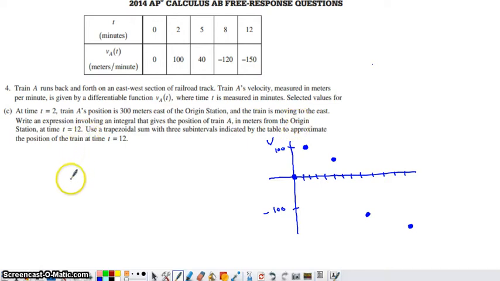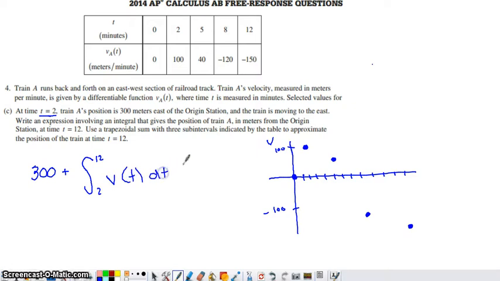time t equals 12. So we know the position at t equals 2 is 300 meters east of the origin station. We need to tack on to this how much the position of the object, in this case the position of the train, changes from 2 to 12. I almost fell into a trap there. I accidentally almost said 0 to 12, but we know the position at 2, so we need to tack on to that how much the position changes from 2 to 12 by integrating the rate of change of position, which